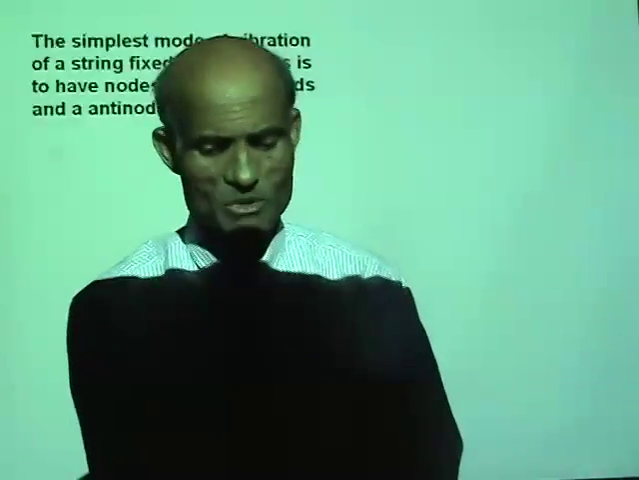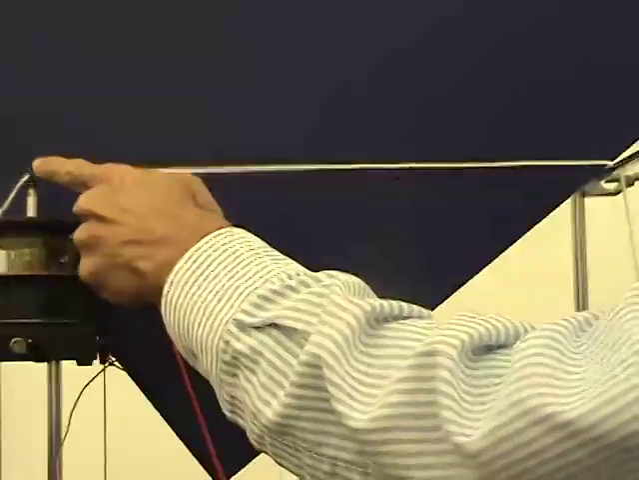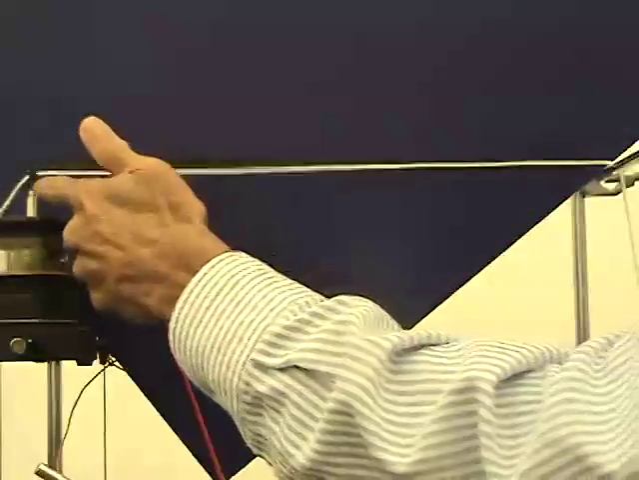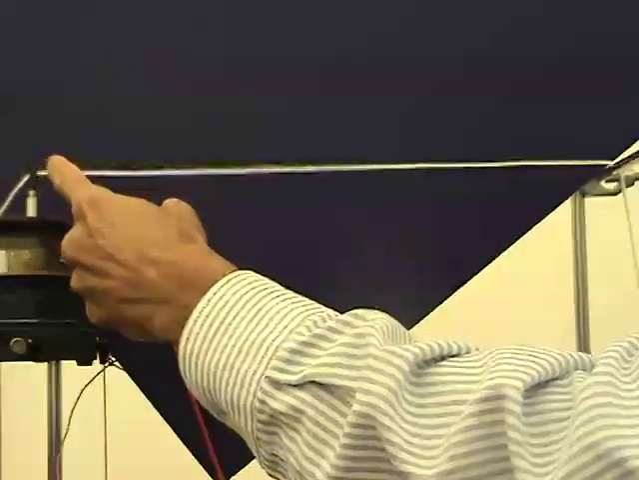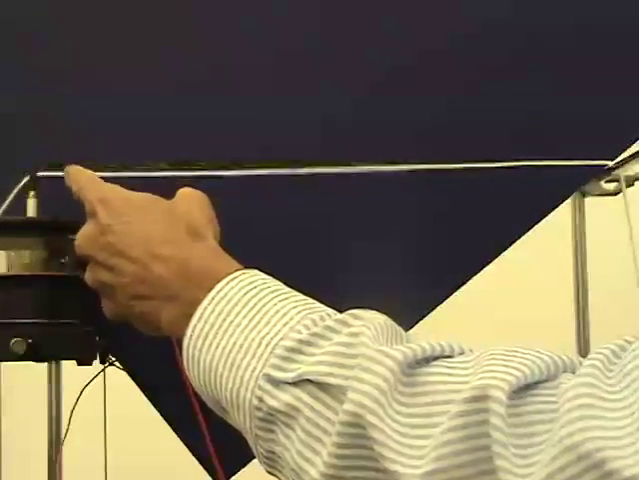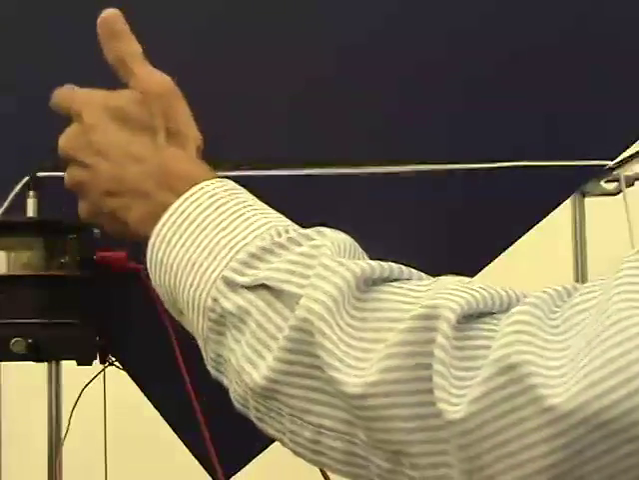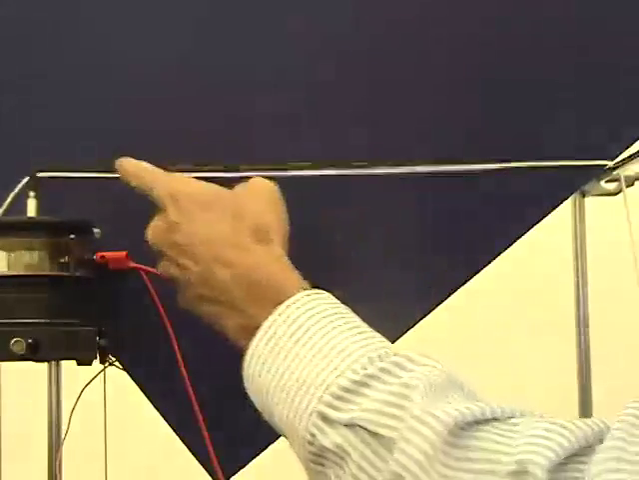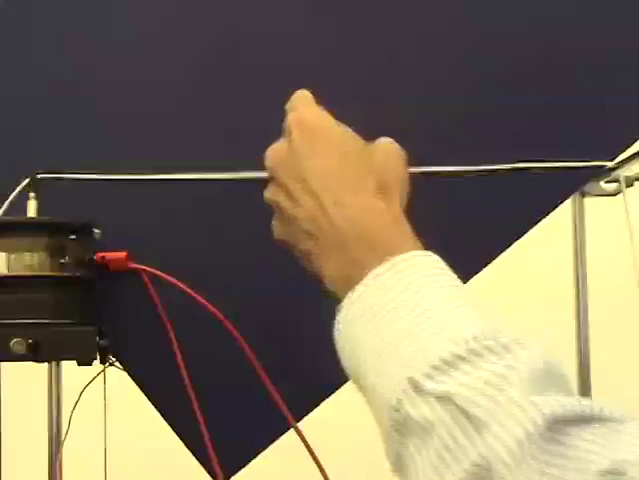Alright, let's see if I can demonstrate that to you. I have now a string stretched between the mechanical vibrator and the fixed end. You can see the string vibrating. The mechanical vibrator vibrates up and down. Now, if I can adjust the frequency of the vibrator such that by the time it completes one vibration, the energy goes to this end and comes back, then this string will vibrate in one loop. Let me see if I can do that for you. I'm going to increase the frequency and,